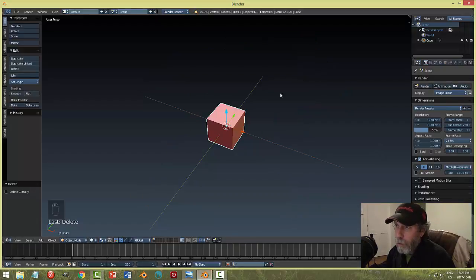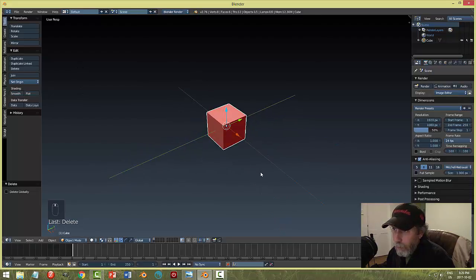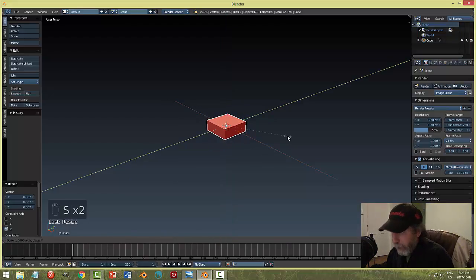I am in Blender 2.76. I haven't updated in a while. Haven't done much modeling either. But I've got my screencast keys on, and I've got just the default cube in there, and I'm going to turn this into a brick, scale in the Z, somewhat of a brick, scale it in the Y,